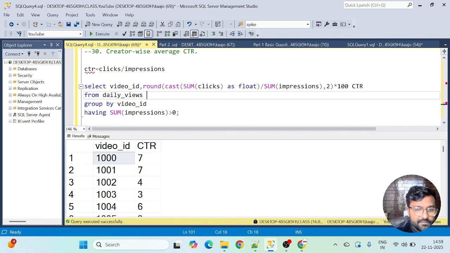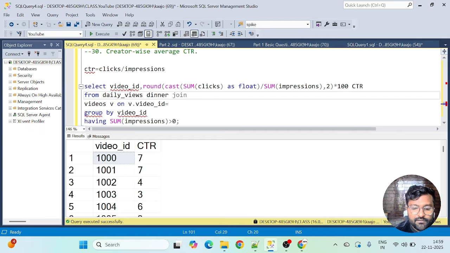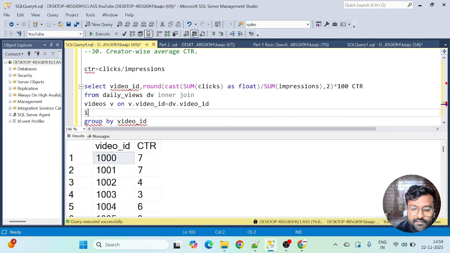Let me think. So let's do one inner join with videos first to reach the creator ID, v on v.video_id equals dv.video_id. Okay, and then again one more inner join with creators table, c.creator_id.